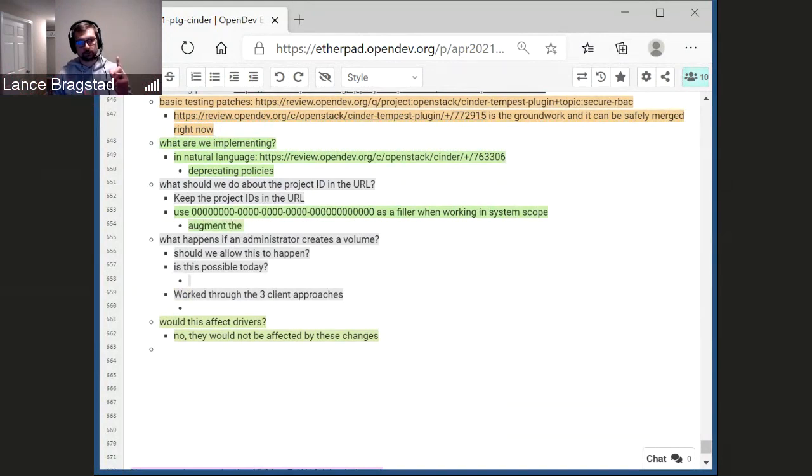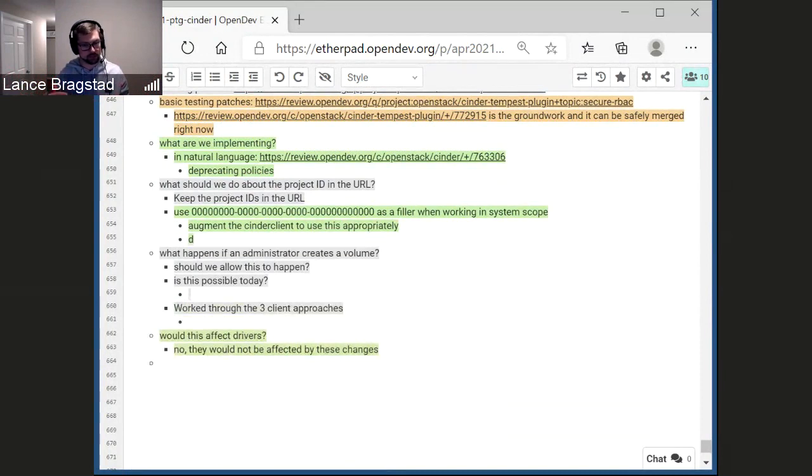So getting around to your question, that will be the first step in our Tempest changes. And then from there, it'll be going through every test. And if there are system specific or project specific operations that we need to do with the system scoped token, we'll need to update the Tempest client to use this zero UUID, to be consistent.